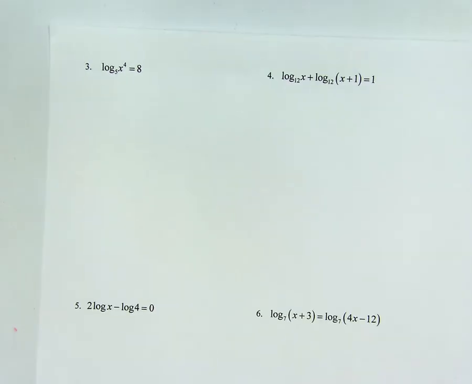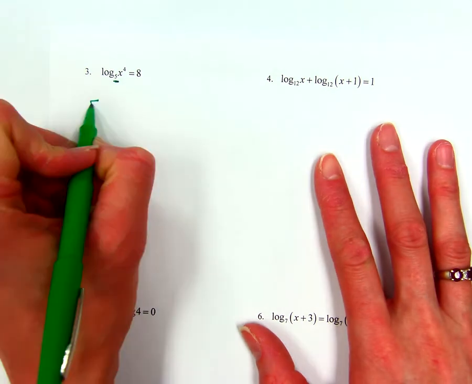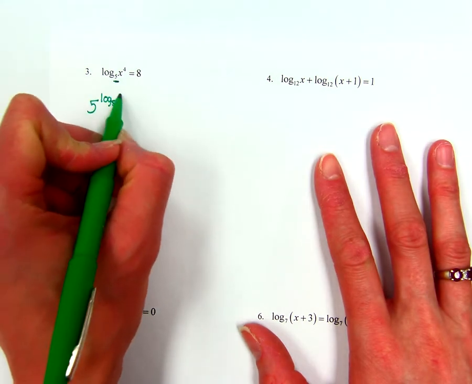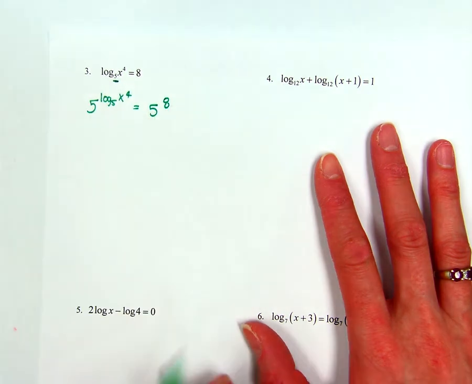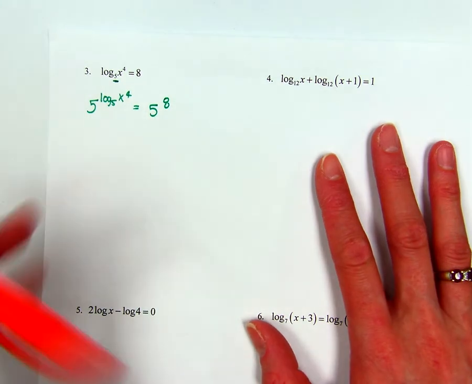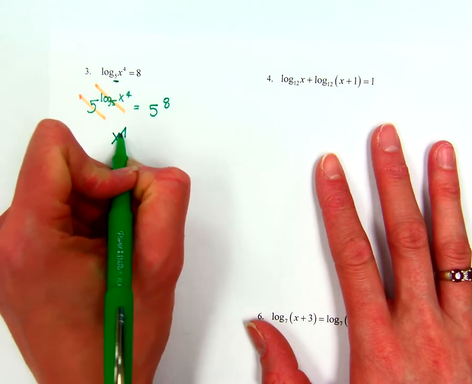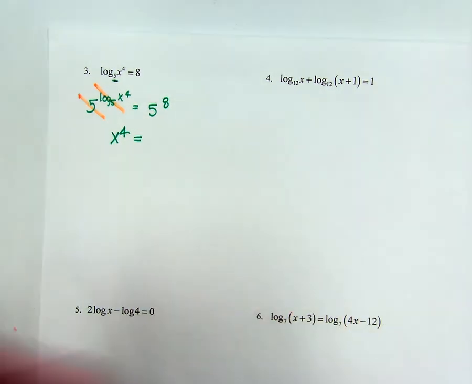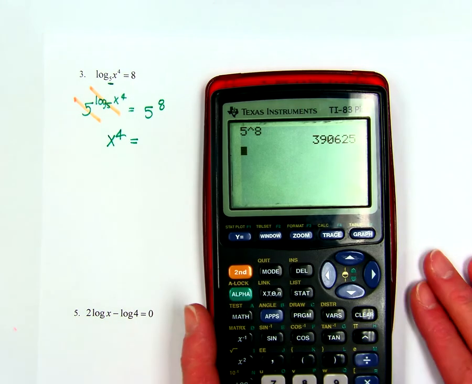All right, so we're going to change these into exponential form. Look at my log's base, that's 5, so I know 5 to the log base 5 of x to the 4th, and I have 5 to the 8th. All right, so you should remember that the 5 and the log base 5 cancel, so all that's left is x to the 4th equals, now for this one, 5 to the 8th is going to be a big number, so that gives me